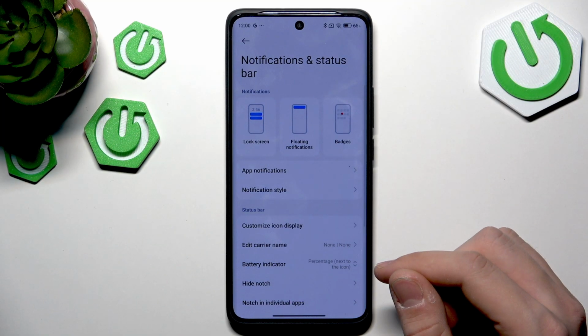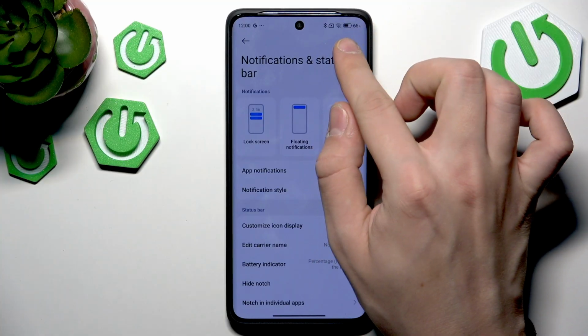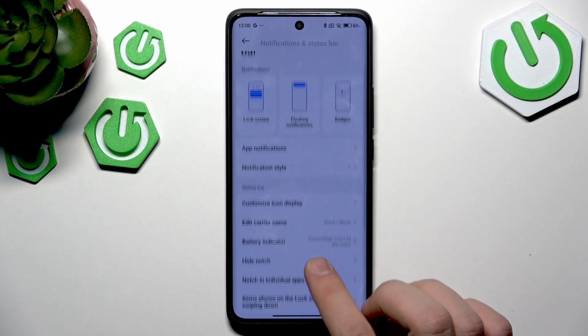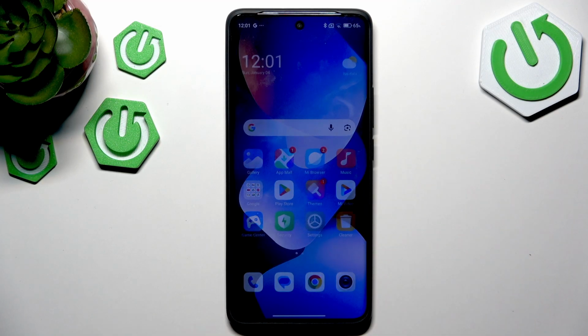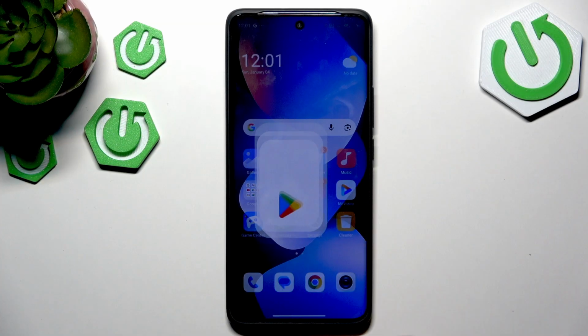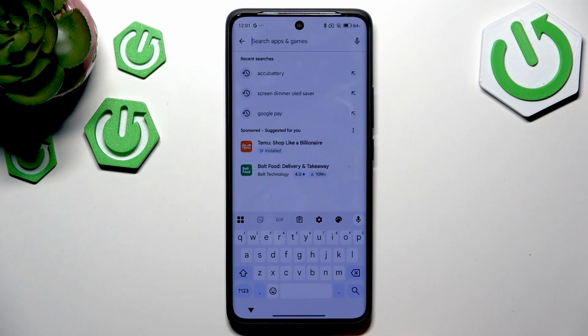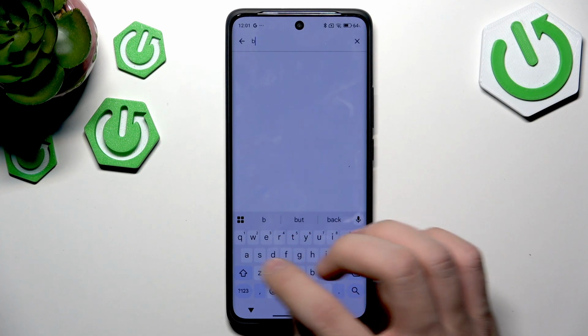If you have this option over here and this is not a percentage but a blank, we can do some other thing to fix this issue. At first, exit the settings and open the Play Store right here. Now open search, and now here you need to search for the battery